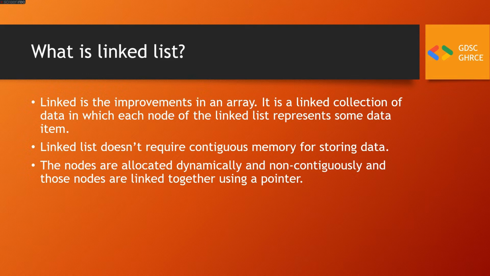Now what do you mean by non-contiguously? It means that the data items will be allocated randomly. Now what do you mean by data item? Data item is nothing but a node. Node is a compartment in which there are two parts. The first part is the data part, in which you will store the data, and in the next part you will store the pointer to the next node, so that there will be linkage between the next node and the previous node, or you can say the current node. Now all these three lines are clear. So let's go ahead and let's see